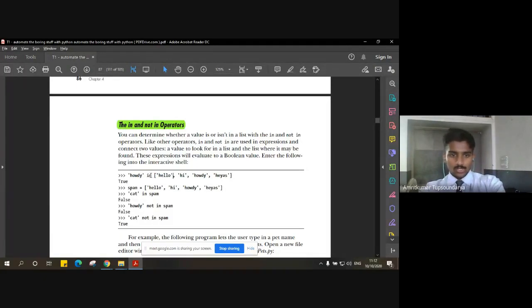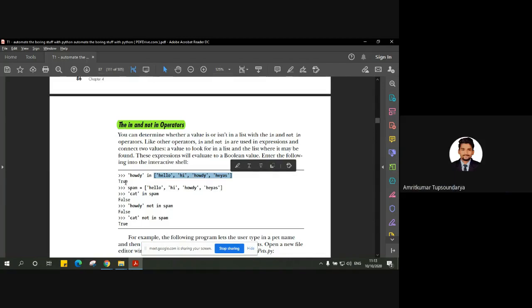So when I use this in operator, this in is the predefined keyword here, right? The in operator checks the first string that we want to search for in the list, and once it finds that particular element in the list, it returns the boolean value true.